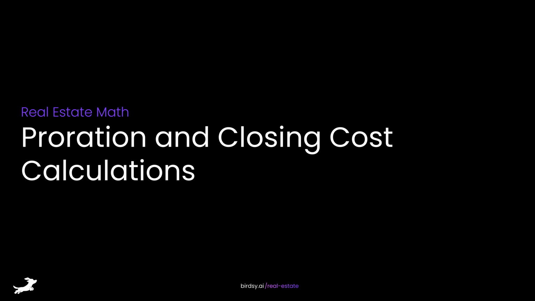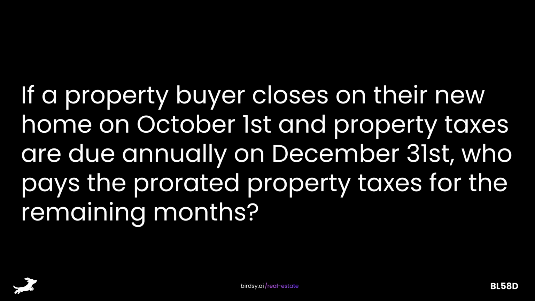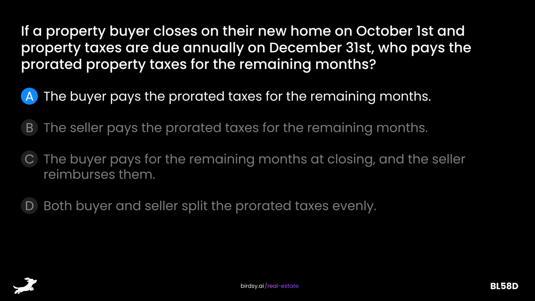Proration and closing cost calculations. If a property buyer closes on their new home on October 1st and property taxes are due annually on December 31st, who pays the prorated property taxes for the remaining months? Is it A, the buyer pays the prorated taxes for the remaining months, B, the seller pays the prorated taxes